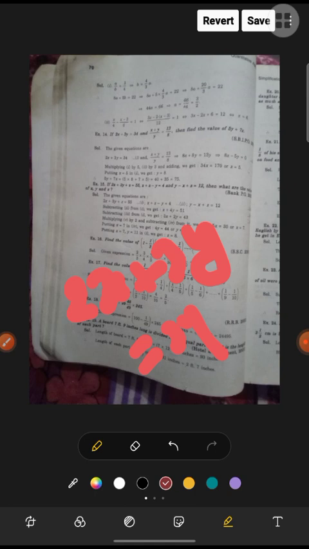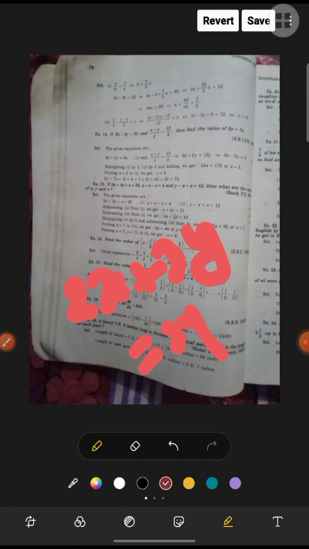So 15y and 15y will cancel out, and there is the 10x and here is the 24x. So 24x and 10x both will be added, that will be 34x, and equals 170. How do you get the 170? It is 34 into 5. 5 fours are 20, 5 threes are 15 and 2, 170. So x will be 5.